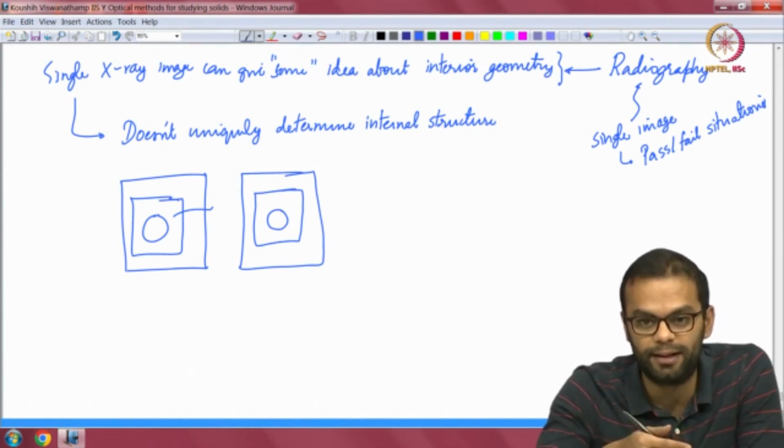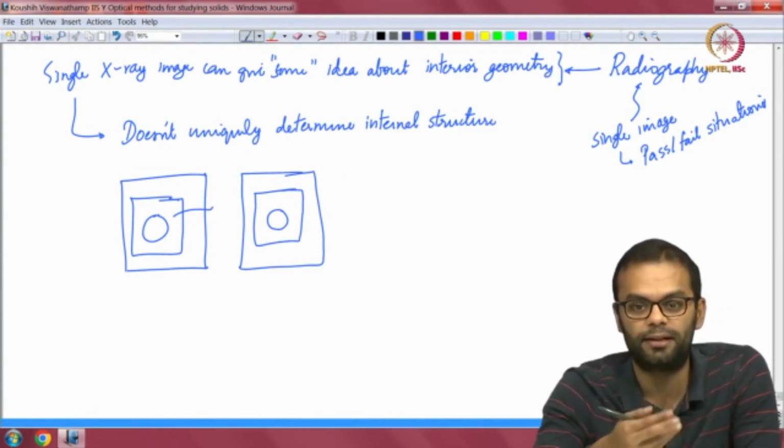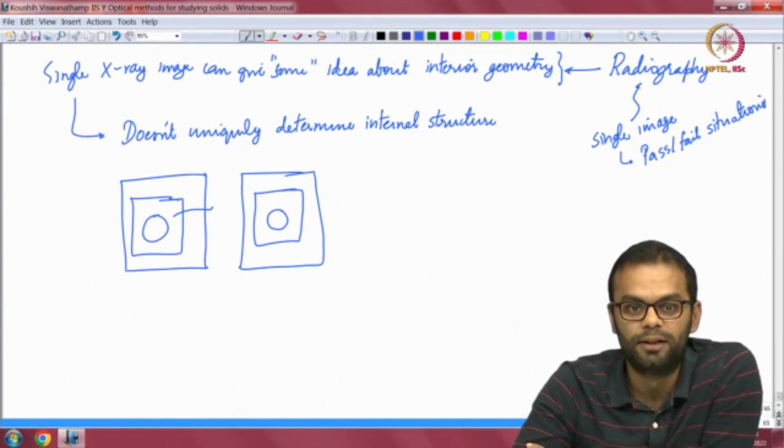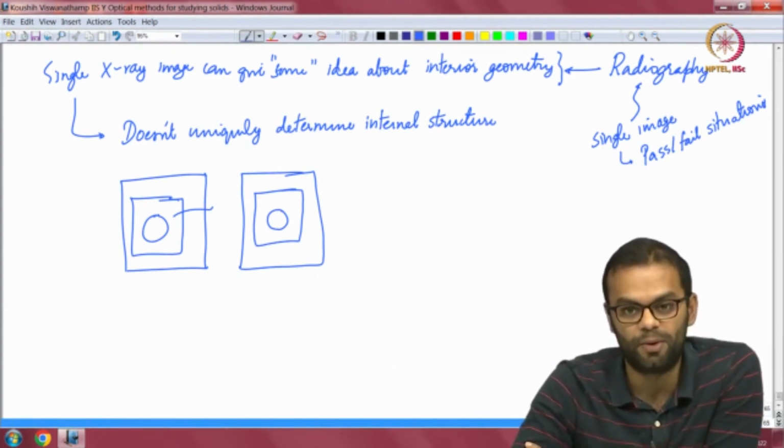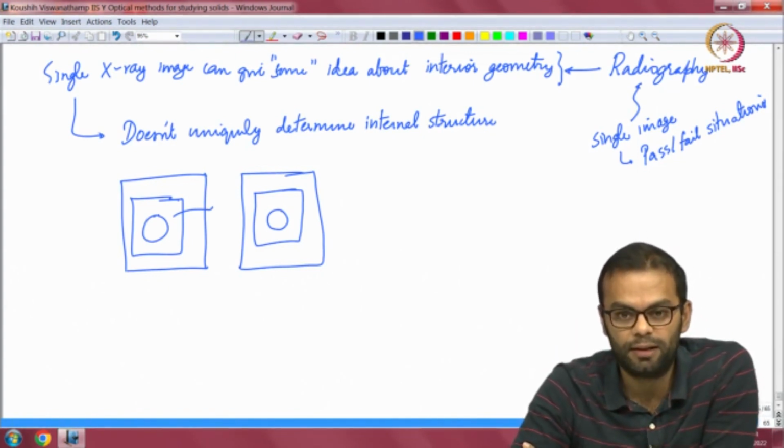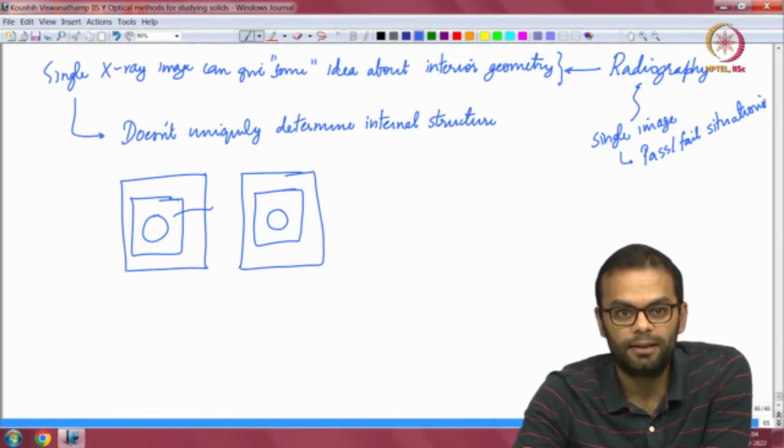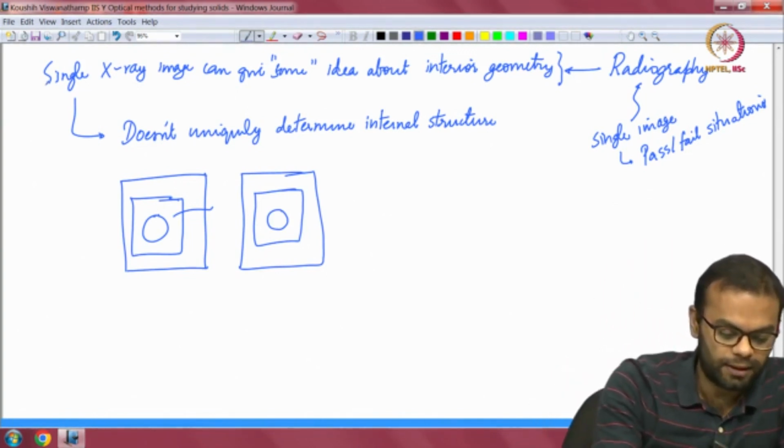At that point you can't really distinguish whether one is a sphere, one is a cylinder, the signal is getting washed out and so on. So in these cases it becomes quite obvious that you can't use a single shot to determine the internal structure, okay. So as a result there were some